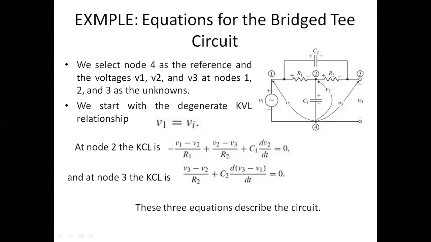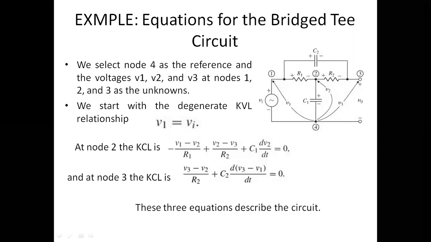And through R2, it is going to be V2 minus V3 divided by R2. Again, V is equal to IR formula, that is voltage across R2 divided by R2. And then in terms of capacitance, the formula will be capacitance multiplied by derivative of voltage. And the voltage across capacitor is V2. So the current becomes C1 into dV2 by dt. And of course, the sign has to be opposite. The current coming in from R1 we have taken as negative and the other two we have taken as positive, and that is equal to 0. So KCL is verified at node number 2.